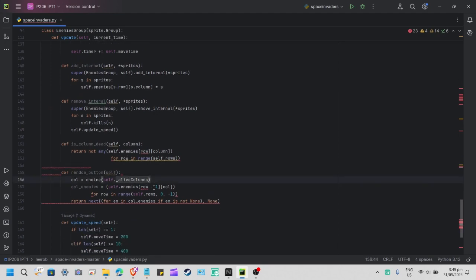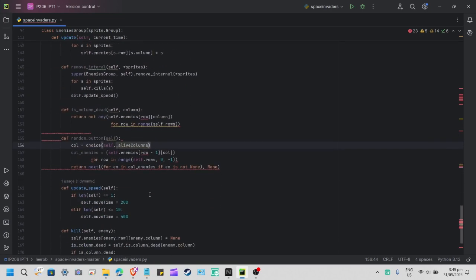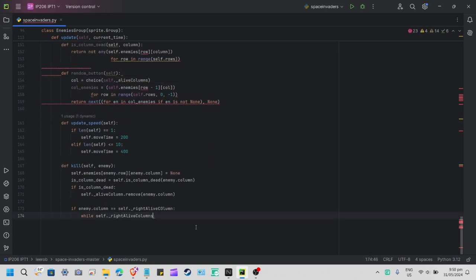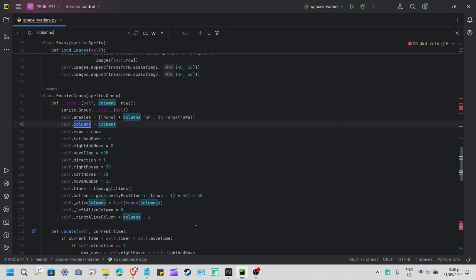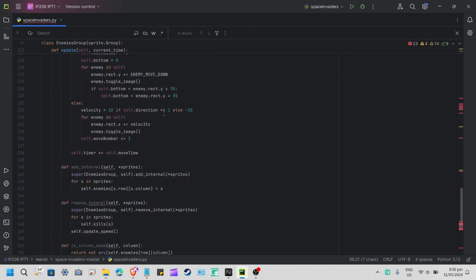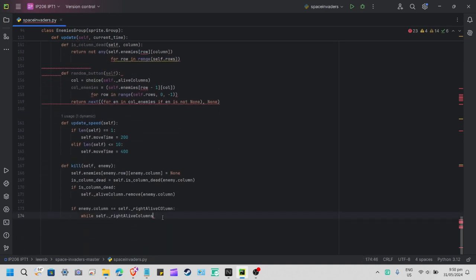Sorry, I got it wrong here too. Oh, it should be S. Alive columns. Column here, right? The life column is less than 0 and is column dead, then self underscore right alive column